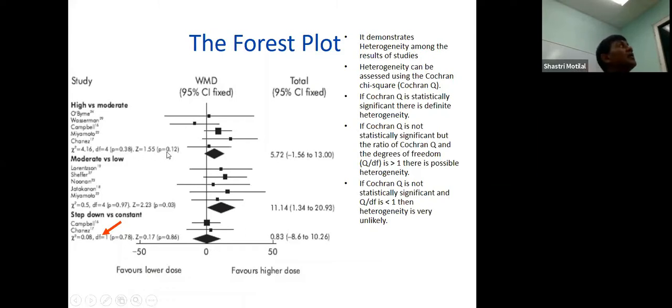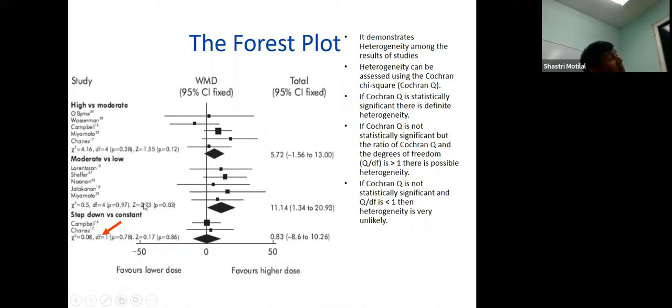This p-value tells you if this meta-analysis found a significant difference. Now, did this meta-analysis find a difference? The diamond crossing the vertical line of 0. It found no difference. The p-value says overall, all these studies found no significant difference because the p-value was more than 0.05, the usual p-value we use.